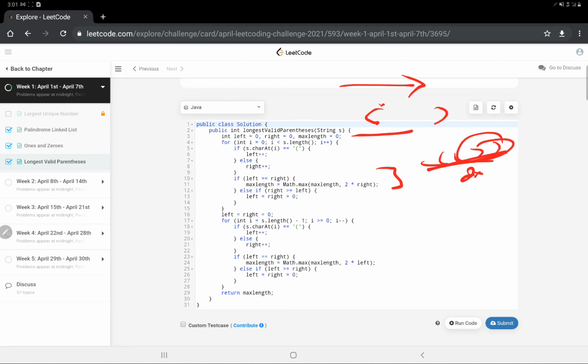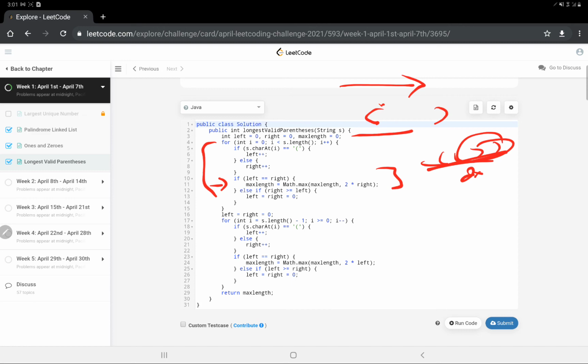Now let's see the other case, where right is greater than left. I have told in the explanation earlier why we are going to encounter this case, and as soon as we encounter it, we update both of them to 0 because we will start anew. Had they been equal, it would have been computed in the last iteration. Now after this traversal we might have the answer, but there are some cases in which we won't, and I also explained which cases those are.